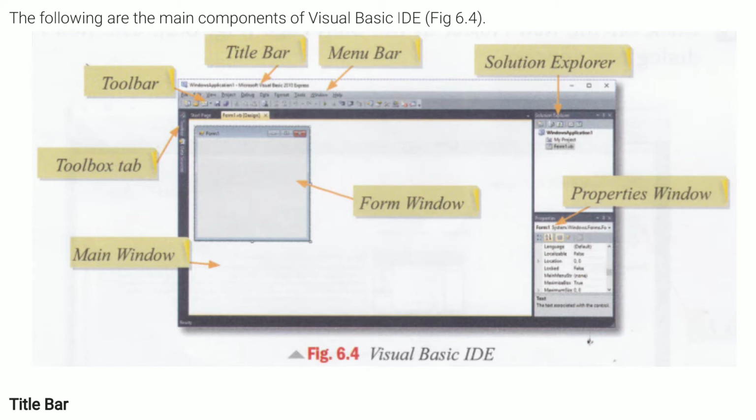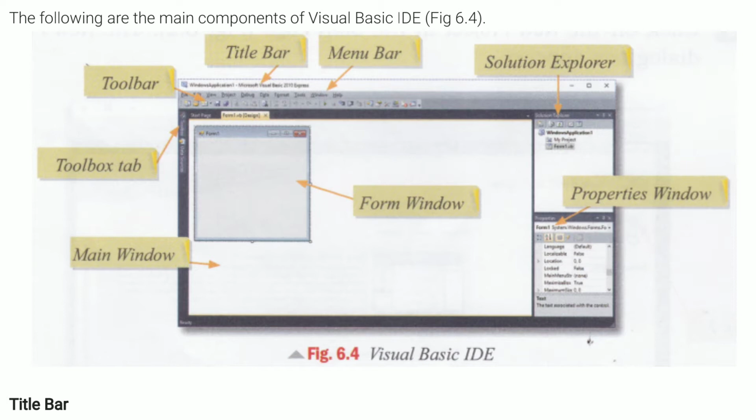There are three modes available to the programmer while working with Visual Basic application. These are design mode, run mode and suspended or break mode. Design mode is used to create or design the application. Run mode is used to execute an application and the suspended or break mode is used to pause the execution of any code in an application. It also allows us to edit the code and make changes in the design.